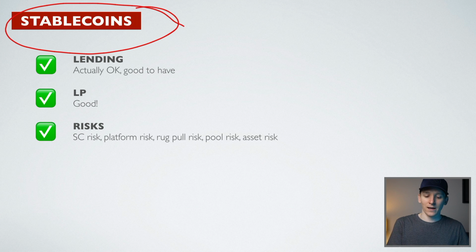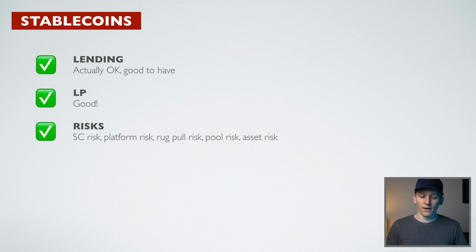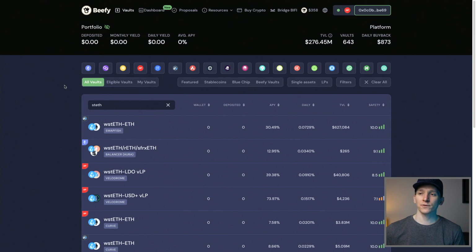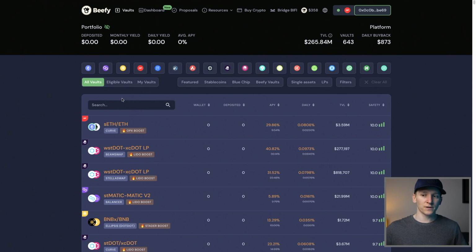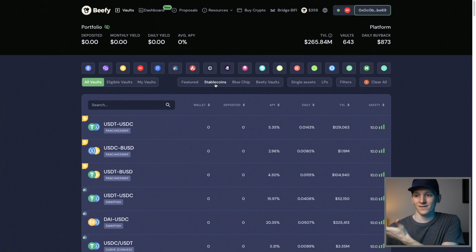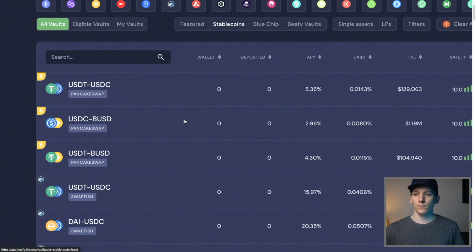You take something like a stablecoin, or you can have other types of assets. Now what you can do is lend them, and we've seen that, right? You can lend them out, which is fairly straightforward, or you can LP them, and I'll show you that now. So the way that you LP, I'll just use Beefy as an example here. This is a yield aggregator. It puts together lots of liquidity pools from around different DeFi protocols, and then it earns a yield from the trading fees and passes that back to you. I'm not promoting Beefy or any other type of exchange or protocol here. This is just how it works. So what users will do is they'll go over to something like stablecoins, and they will see what yields stablecoins are getting right now.